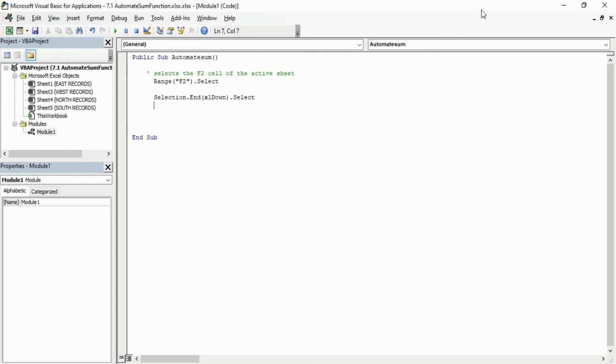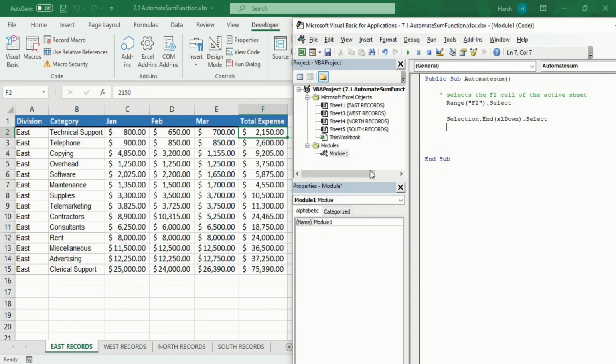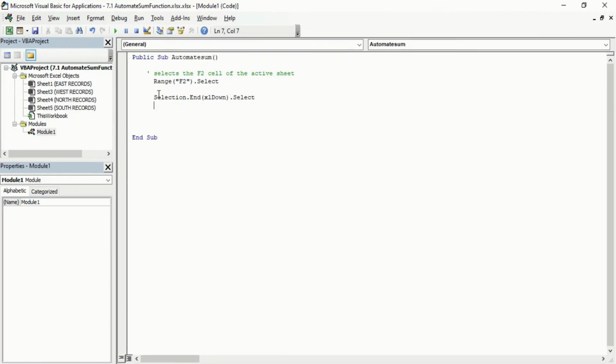That means if we go again to our Excel, you will see it's Selection.End xlDown. So it's the written form of Control and Down. It will go directly to the row that has a digit. It doesn't matter at what number it will be, it will select that. And after that, we will write an explanation for this, like we have written earlier also.